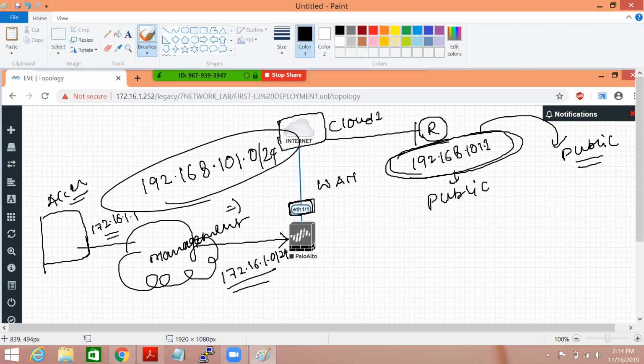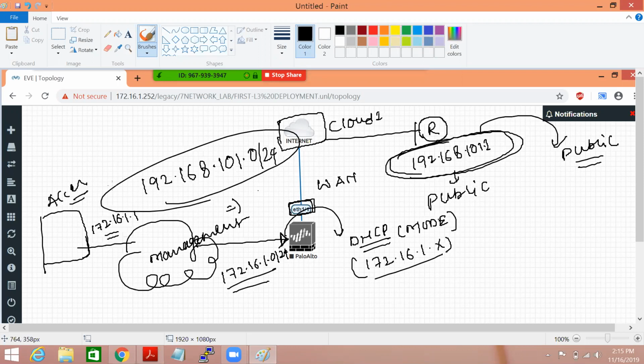So every time you connect your device, by default the management port of Palo Alto is on DHCP mode. So you automatically get an IP address on the management port. Any IP of this particular range you can get. All right. So if you try to access your device from this IP range, you always get access.